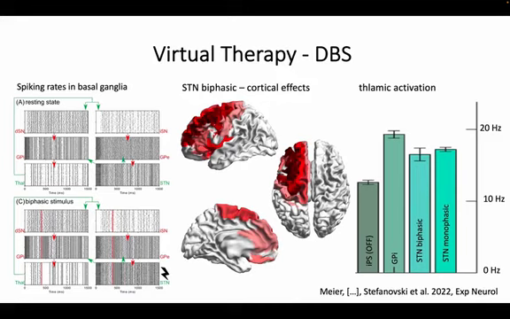Here we see how to explore the effect of a stimulation on the brain. That's the work together with some colleagues, mainly done by Jill Meyer, where we see the effects of virtual deep brain stimulation in Parkinson's disease. And that's a complex model where a TVB simulation in the cortex is combined with a spiking oscillator model in the basal ganglia. And what we can see is that by stimulating the subthalamic nucleus,